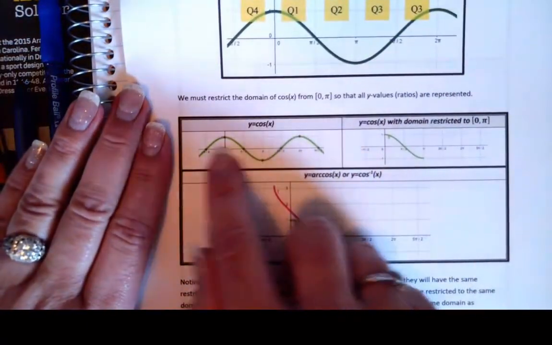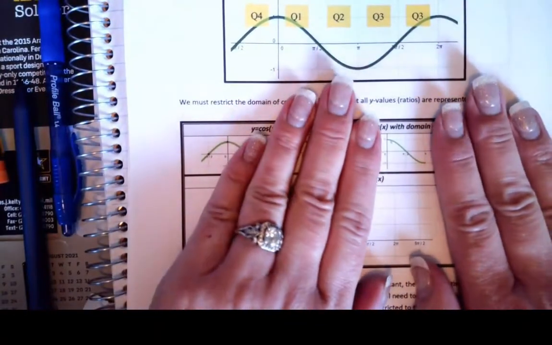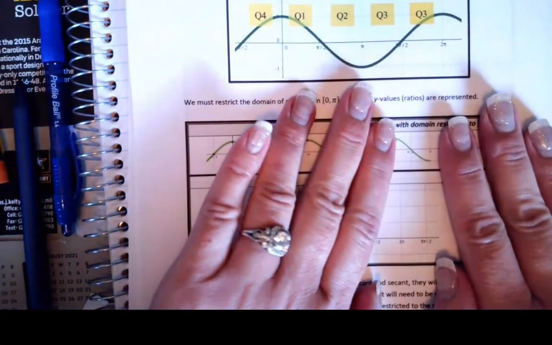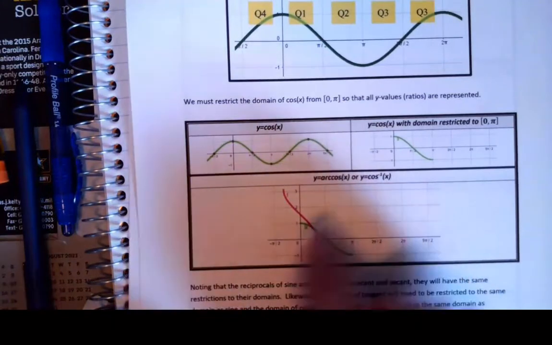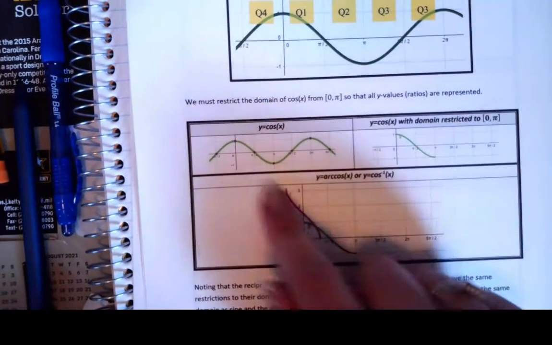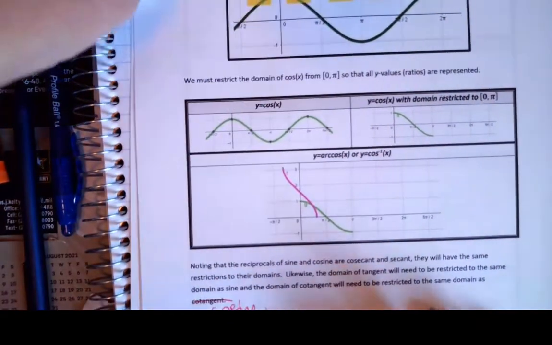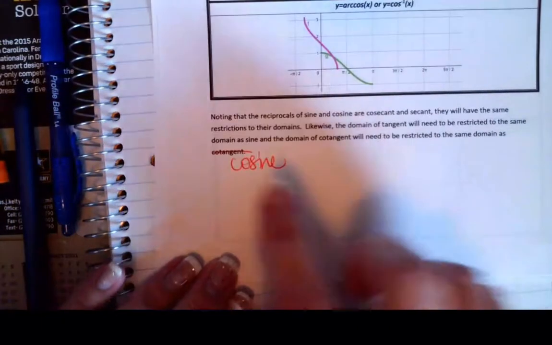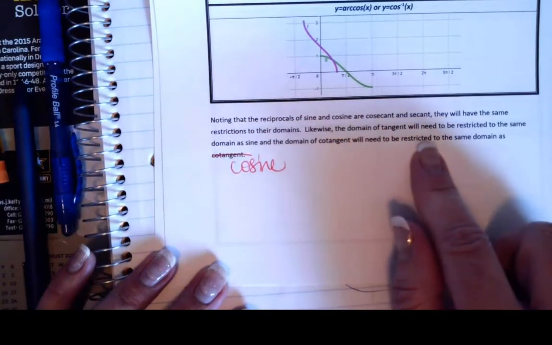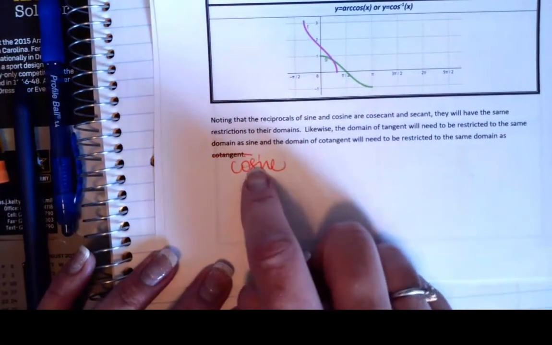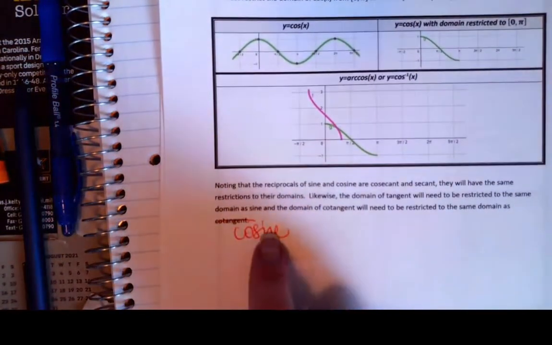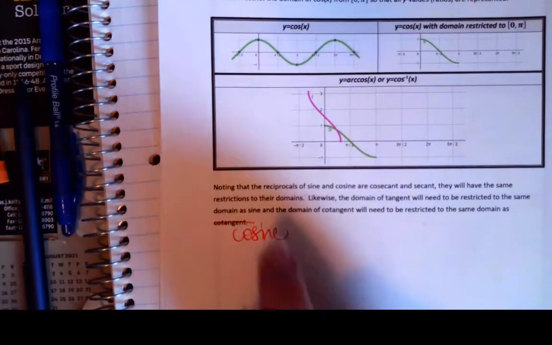So again, I made you a cosine graph. Then I chopped it off. Okay, so this graph right here is represented right here. And then I graphed the arc cosine or the inverse cosine function. So notice again, if I fold it on the diagonal, its pretty little arms will lay on top of each other. So if you're seeing this the first time, I made a typo because I did this really late last night. So it says the domain of cotangent will need to be restricted to the same domain as cosine. Okay, so I actually just rewrote cotangent. So I'm fixing that,